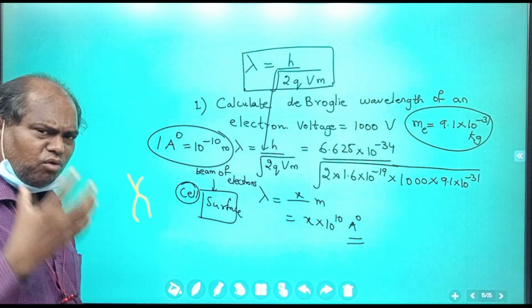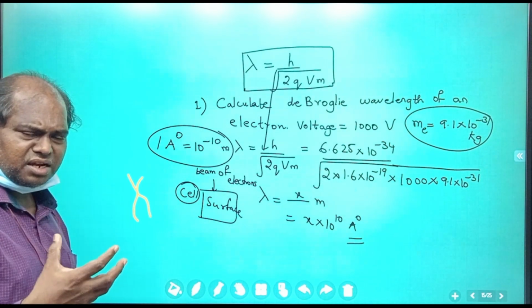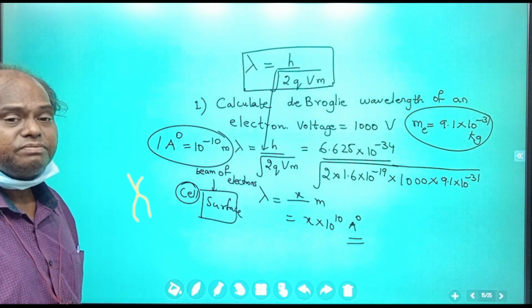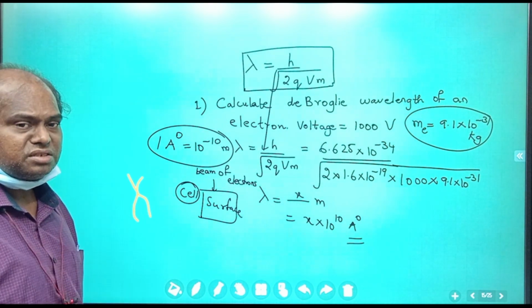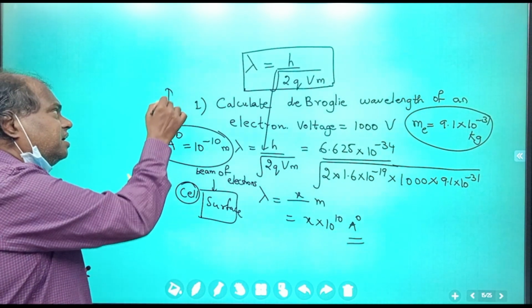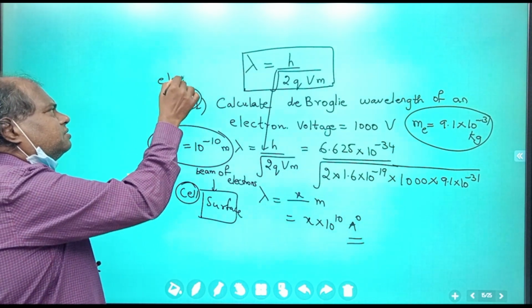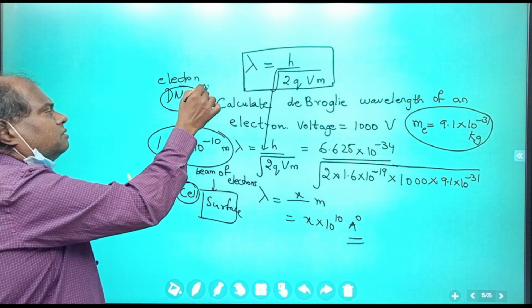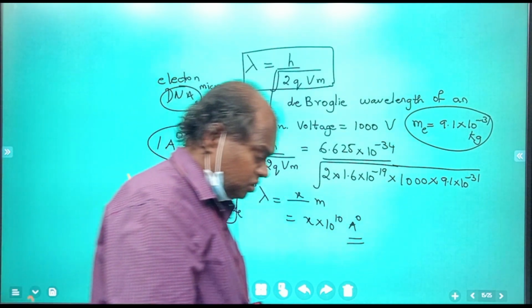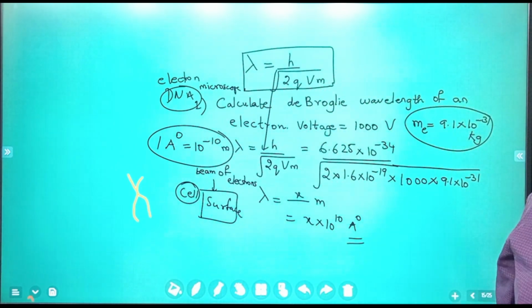very high energy, because you applied a voltage, some 1000 volts. They will fall on the cell, and you can see the internal structure of the cell. You can see what is inside: DNA, RNA, and you can even see what is inside the DNA also. So powerful, this electron microscope is very powerful. By applying a voltage, you are giving very high energy to the electrons, energetic electrons, and they strike the surface.